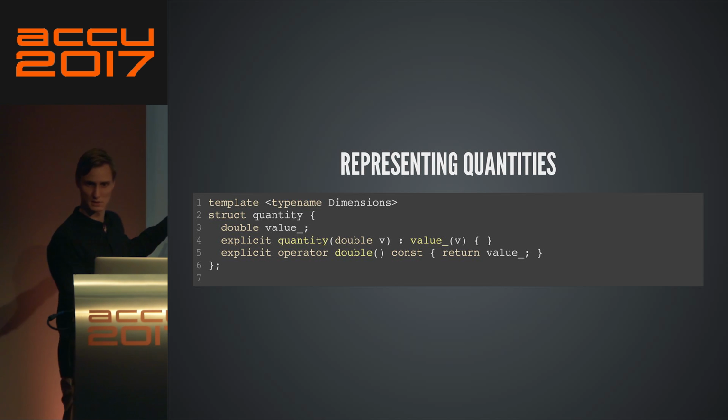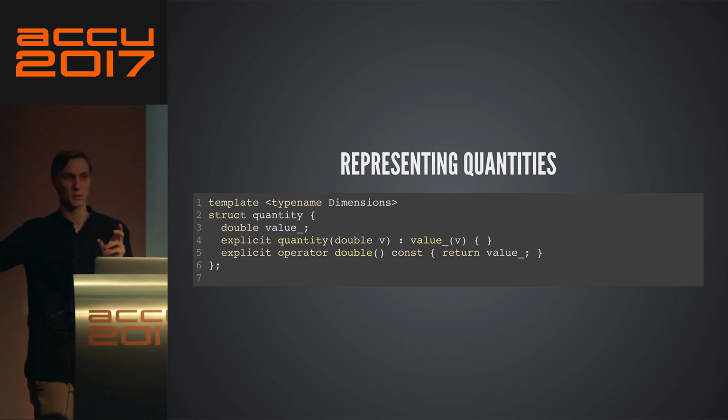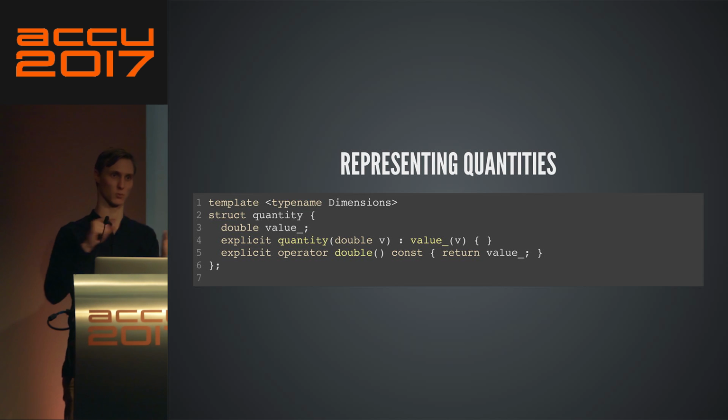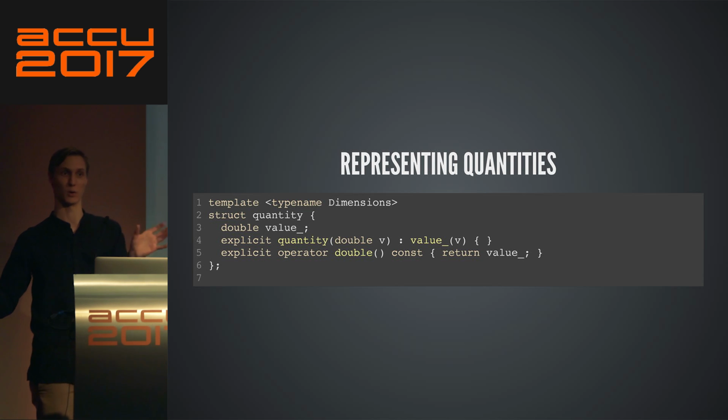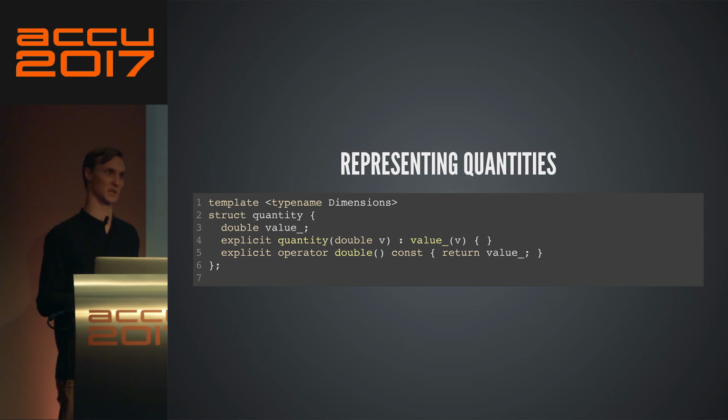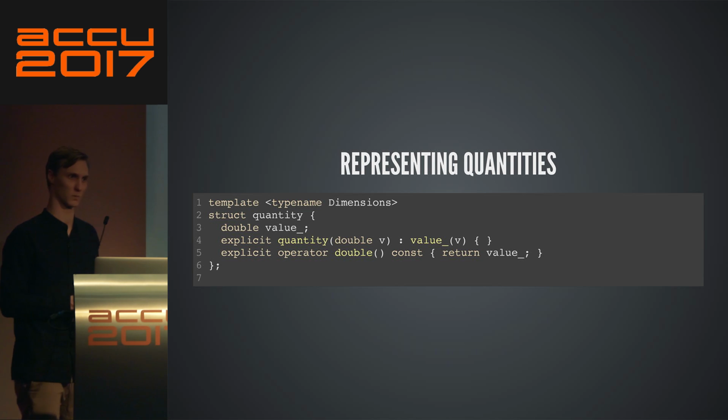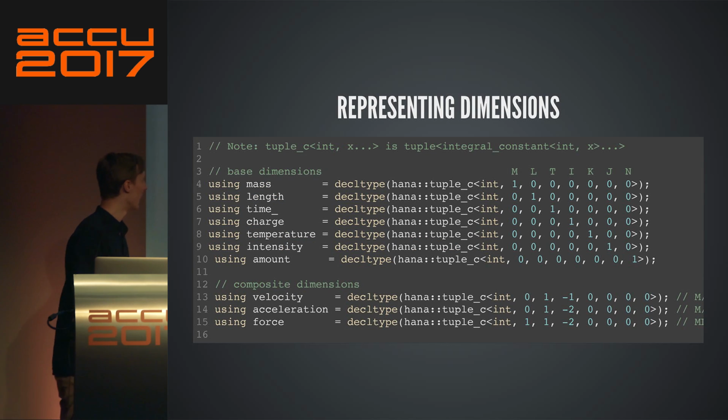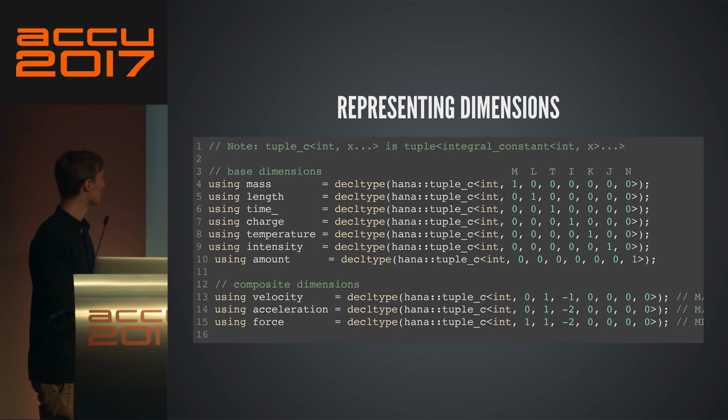And the idea is when we're going to try to assign to a quantity, we're going to make really sure that we don't assign from an incompatible quantity. So if we have a quantity like mass, we're going to make sure that we never assign from a quantity of anything that is not a mass. You could build your own house rules that are more powerful, I guess, but that's the gist of it. Okay. And now we represent dimensions.